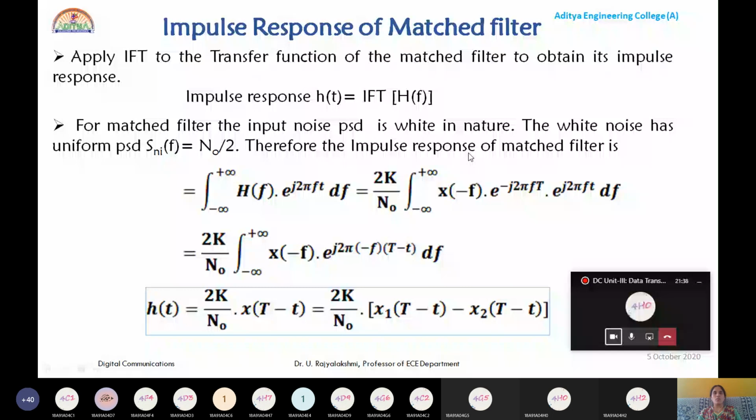It is the integral from minus infinity to plus infinity of capital X into e power j 2 pi f t df. What is H of f? It is the transfer function, so just replace the corresponding expression. We got it as 2k by N0 X of minus f into e power minus j 2 pi f T into e power plus j 2 pi f t df. So it is equal to 2k by N0 times the integral from minus infinity to plus infinity of X of minus f into